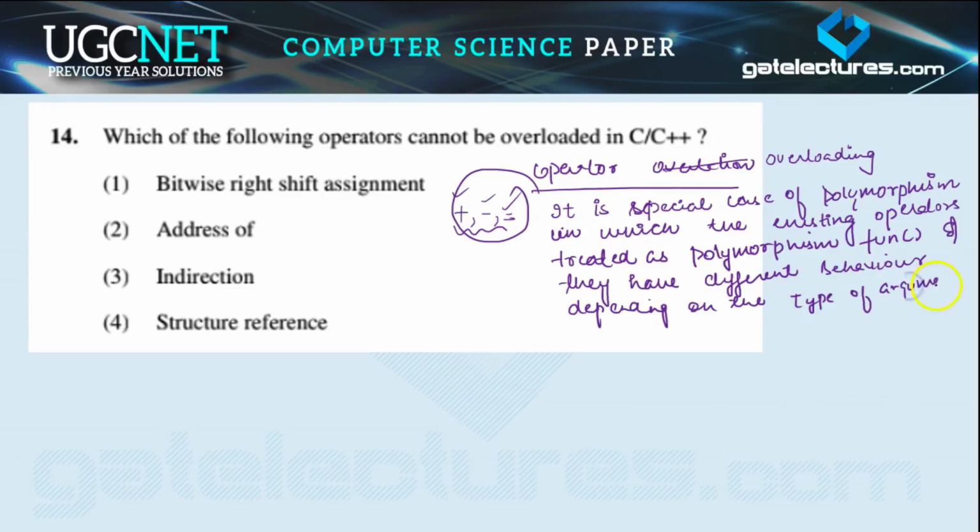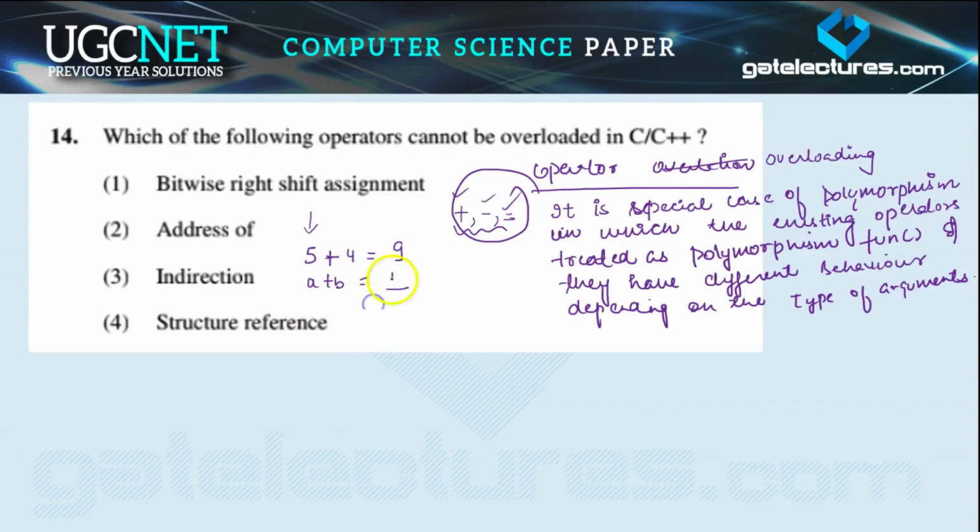Okay, so this is the meaning of operator overloading, कि हमारे पास जो existing operators हैं वो ऐसा polymorphic functions की तरह behave करेंगे कि अगर we are giving some different type of arguments, so they behave differently, right? Let's suppose if 2 integer values are there and I'm using the existing operator, let's suppose plus, and 5 plus 4 is 9, right? Here this addition operator is behaving like addition of 2 numbers, right? And the argument in this case is integer. Let's suppose I'm giving the character values. So this is a plus b.